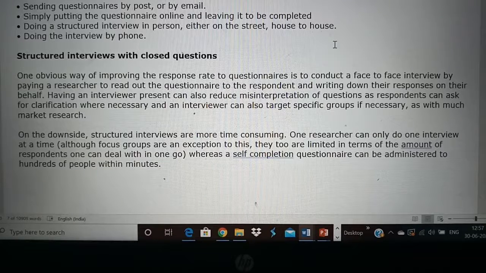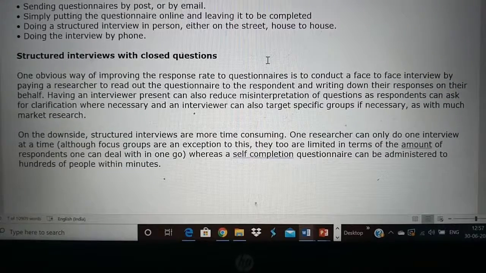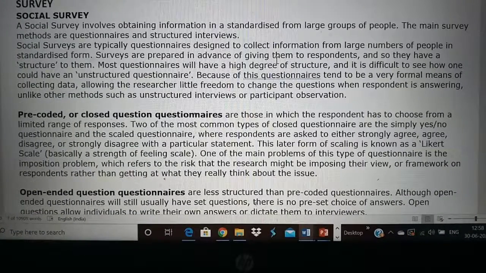Okay, so we've already seen the difference between closed questionnaires and open questionnaires, so this is the same thing. So closed questions usually have fewer answers, and it is based on what perception the interviewer has, whereas an open-ended questionnaire can have a lot more information. Only thing, it will be time consuming because there is a lot of information and you have to select which information is relevant and important for you that can be used for your study. So that is about the structured interviews with closed questions. So this is about the survey method of research.